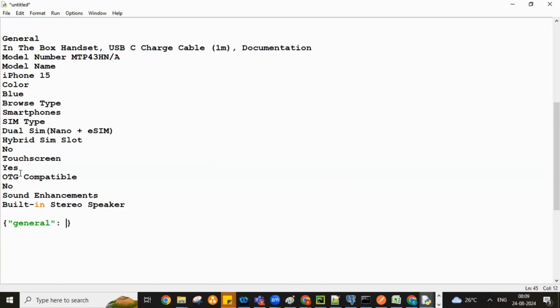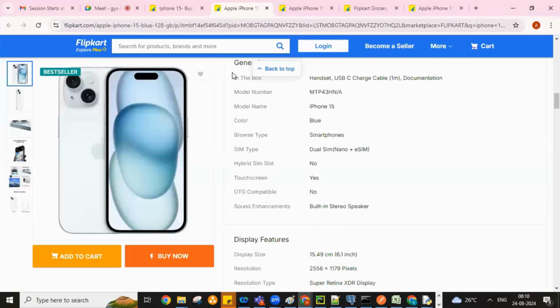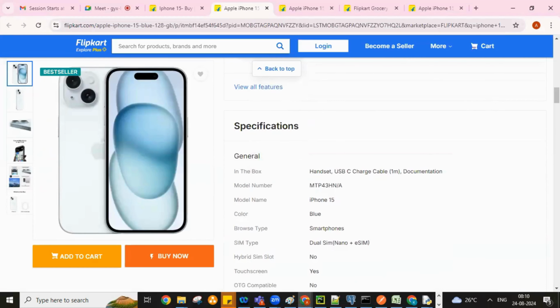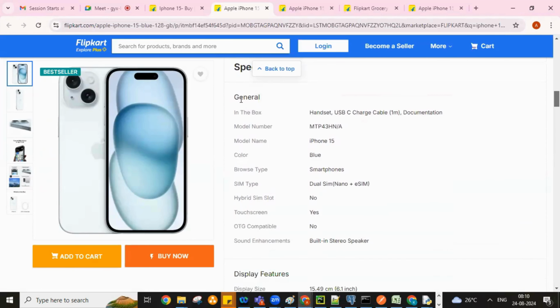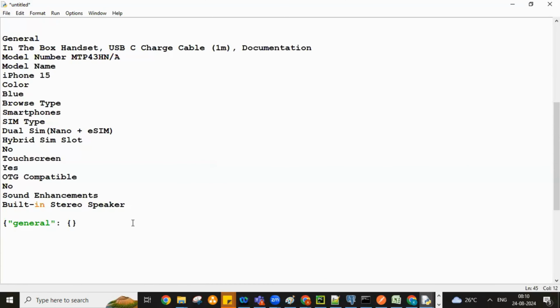If you look at the other information on the screen, inside general, general is a key and the value is another dictionary. Did you get what I mean? I'll go back here. I'll create one more dictionary inside this, whose key name is, for example,